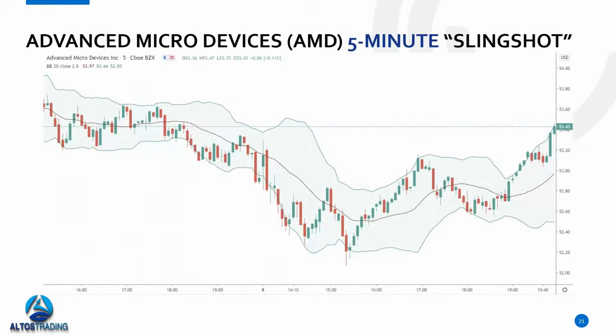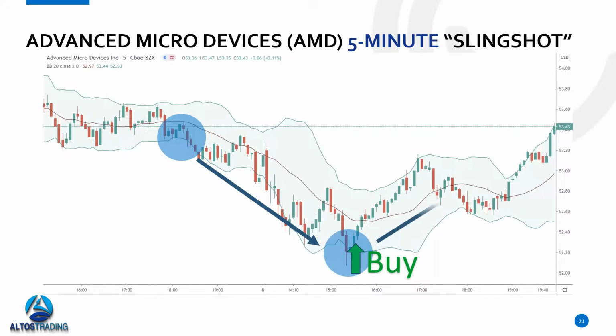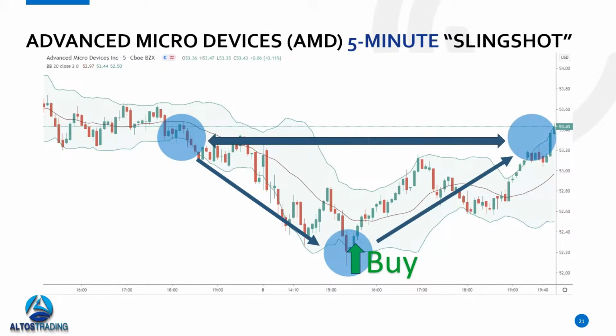What about intraday timeframes? Yeah, same methodology applies. Okay, it's all really built on supply and demand and fear and greed. So this is a 5-minute chart of AMD, Advanced Micro Devices. On the left part of the chart, the stock's range bound, right? It's in a consolidation pattern. It's bouncing between the upper and lower band. But ultimately it breaches the lower band. We get a simultaneous divergence of the outer bands. And again, there were a couple Slingshots embedded in here that could have been traded, but it created buying opportunity and price came right back up to that initial volatility expansion level.